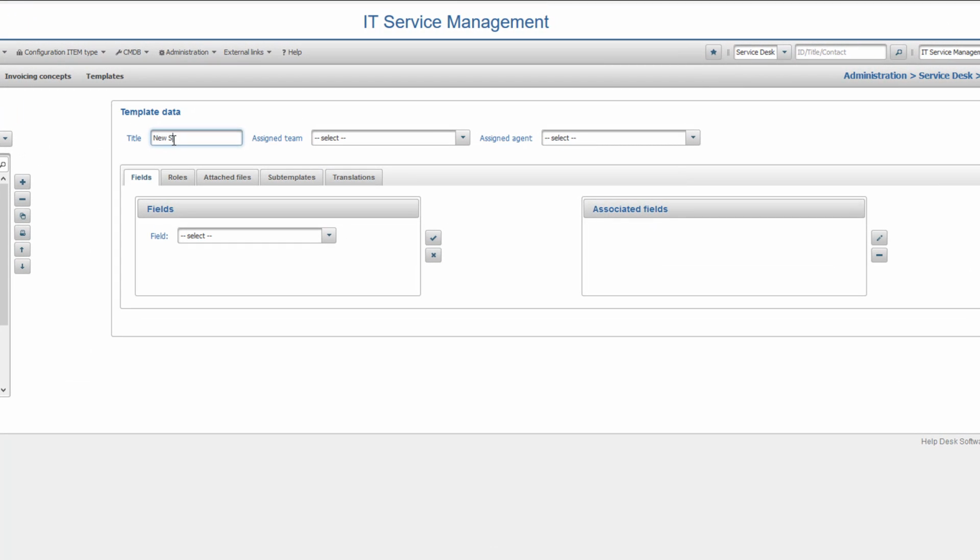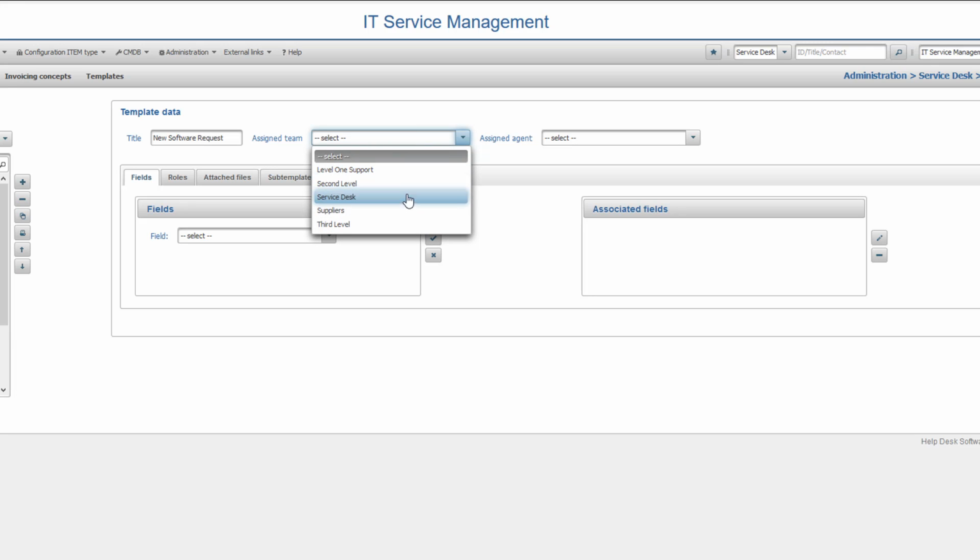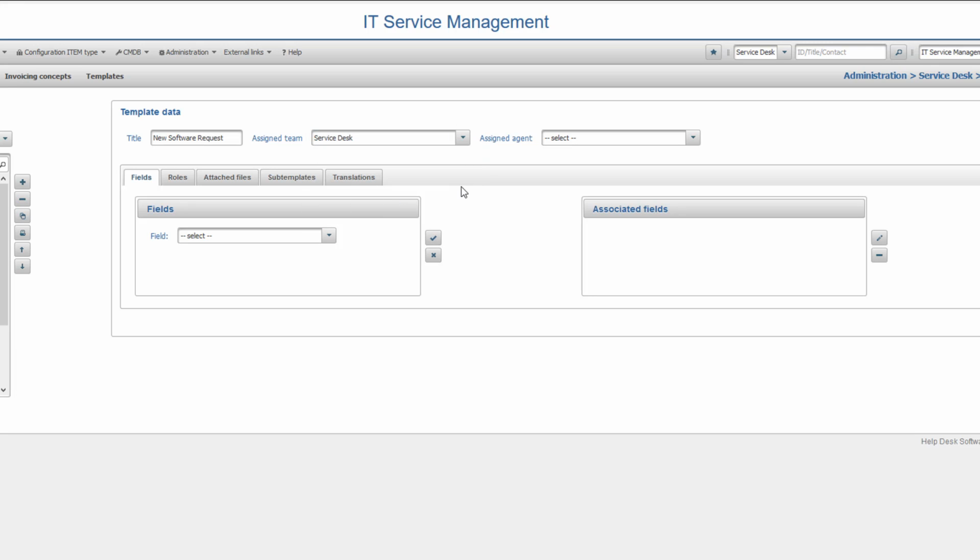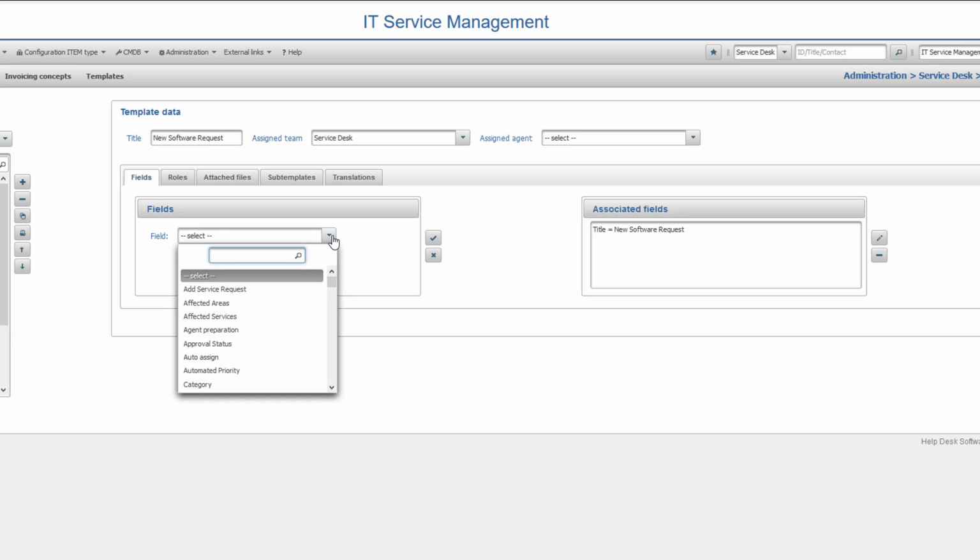I will enter a title, and from here we can also select the team which tickets with this template will be automatically assigned to. I'll select the Service Desk team. We can also add fields that will be automatically populated by this template, such as the title, we can also set the template to automatically select a value from a drop-down menu, such as the category,